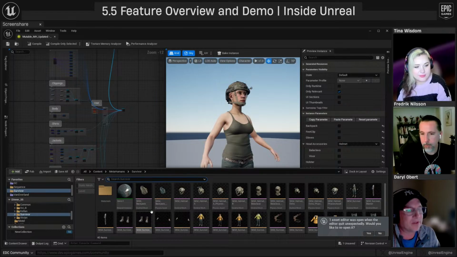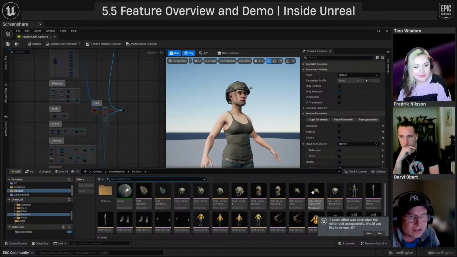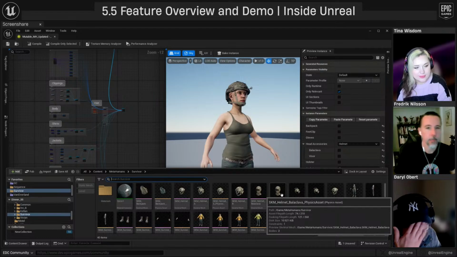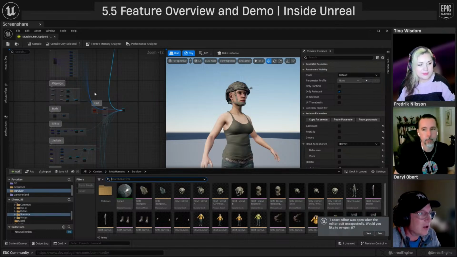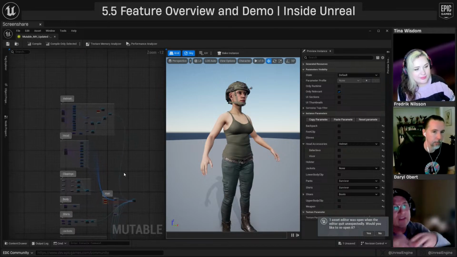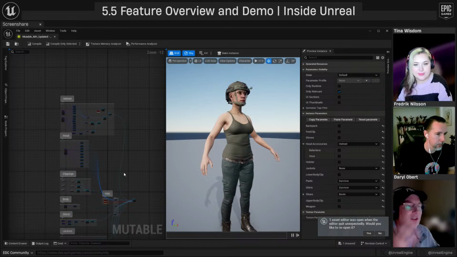The boots are separate, the guns are separate, there's gloves, there's the helmet, it's broken down into all these different little pieces. The idea is you make it as modular as you possibly can. Then in Mutable, we can generate some logic and some nodes that reconstruct that character, which you can use with a simple system to very quickly make an endless number of combinations.